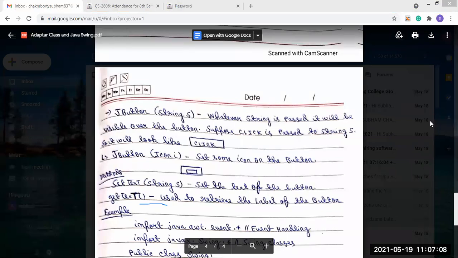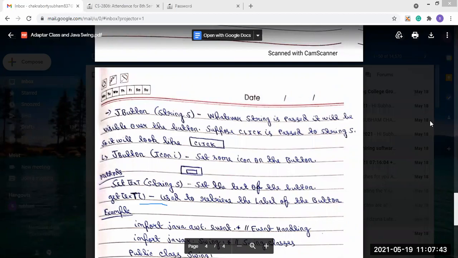The setText method basically sets the text of the button. Whichever text we want on the button, for example if we want "click" to be written on the button's label, we pass click to the setText method as a parameter. Then click will be added to the button's label.